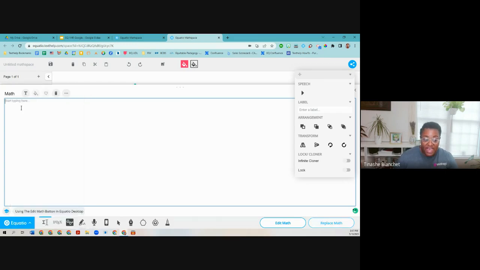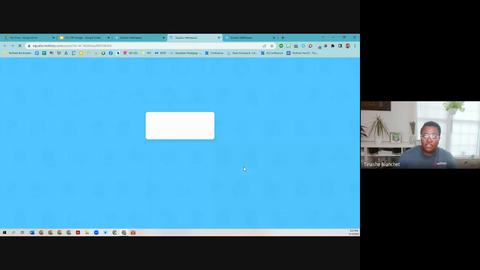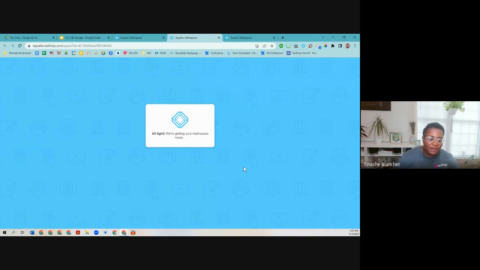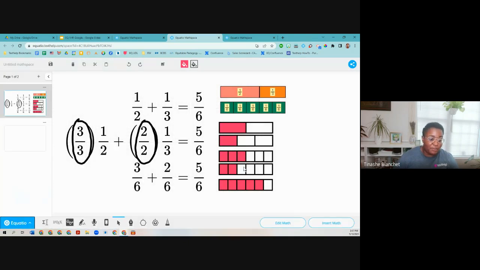Now, beyond that, if I go back to some of the math spaces that I've created, I want to make sure that I face head on this misconception about, oh, this looks great for middle school, maybe high school, but what about elementary, right? So I want to make sure I show you this example. This is one of my favorite examples of how you can use Equatio and Math Space in particular for elementary level math, right? So we've already talked about the fact that it may not seem complex, but there's a lot of mathematical notation that happens in elementary classes that you need an equation editor to do digitally, right?